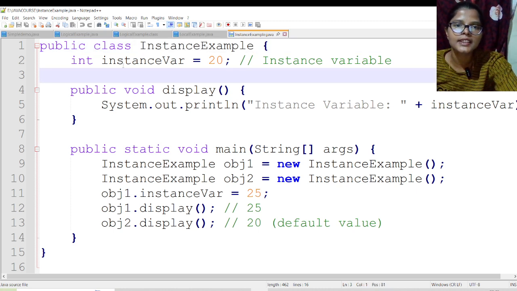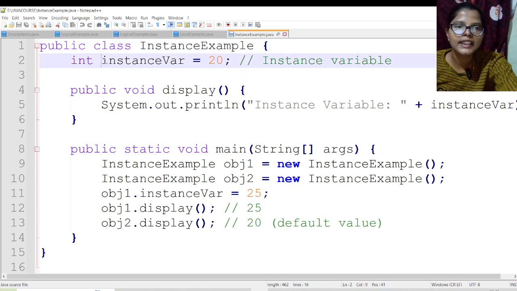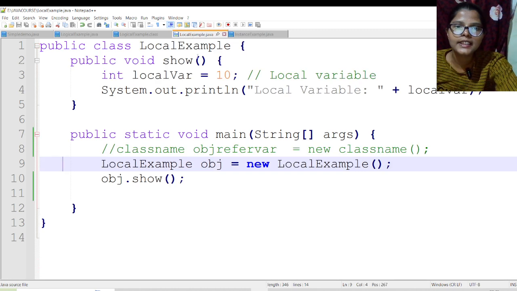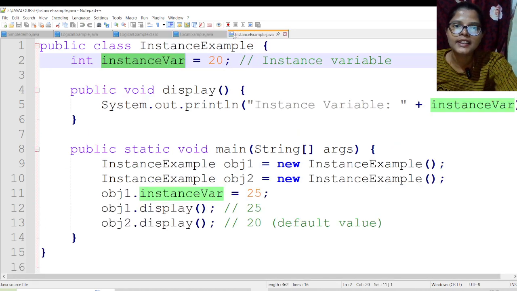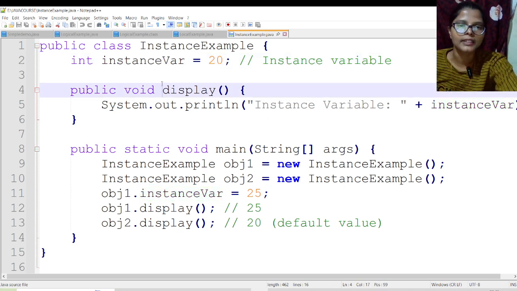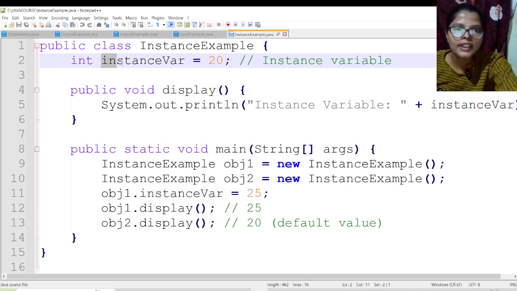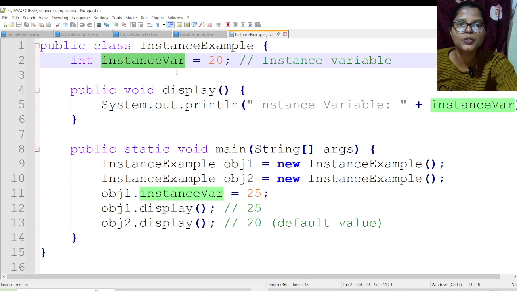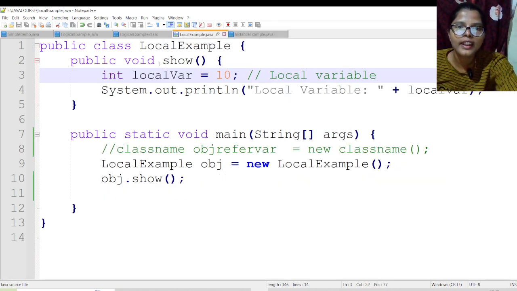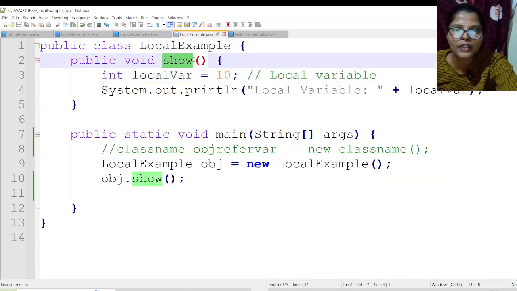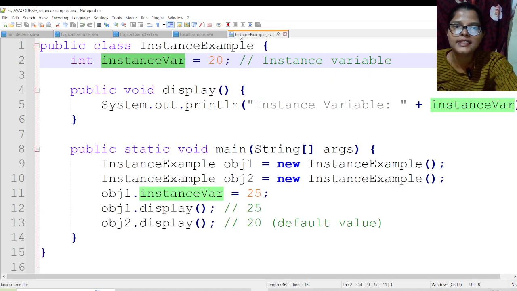In this InstanceExample class, I declared an instance variable, which is inside the class but not in any method. Okay, remember here. In the previous example, it is inside the method. In this example, it is inside the class but outside any method. This kind of data you can access using the reference variable. How do you access this data? You can access